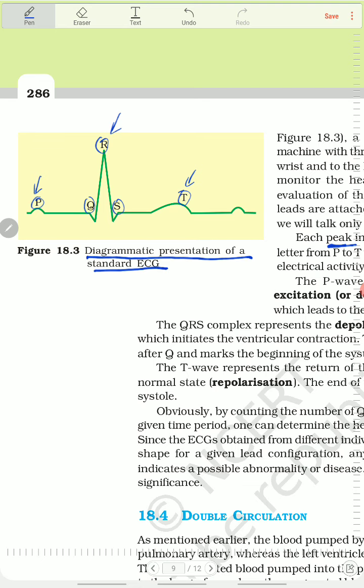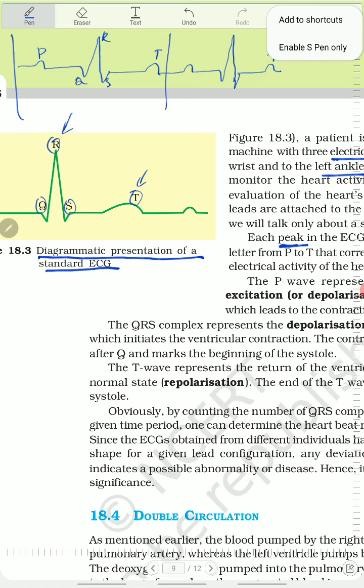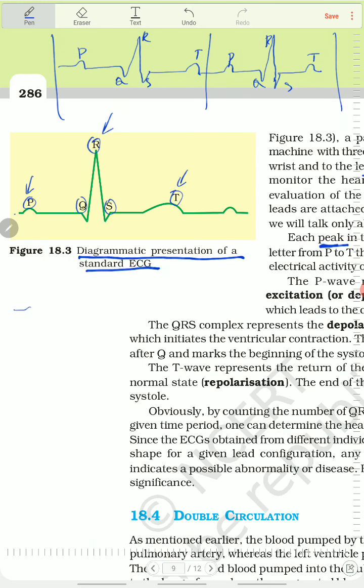Okay, so here this will repeat like this. For example, P, QRS, T, this is P, QRS, this is T. Again there occurs a P, QRS, and then again there occurs a T. Right? From here to here, one cardiac cycle. From here to here, there is another cardiac cycle, P, Q, R, S, T. So it appears like this.